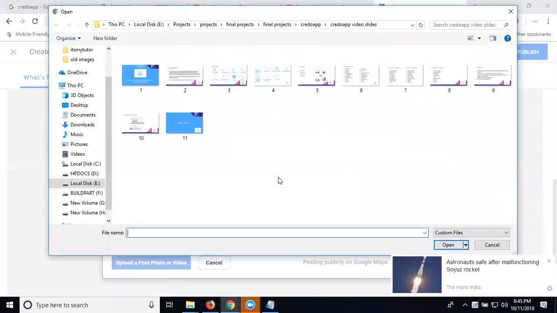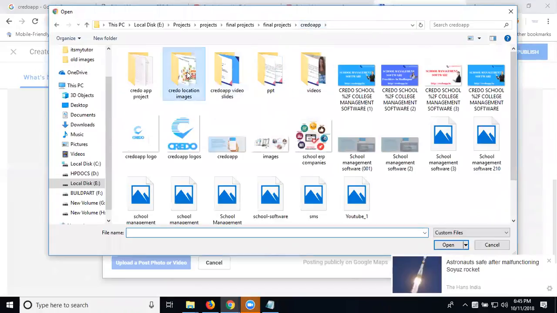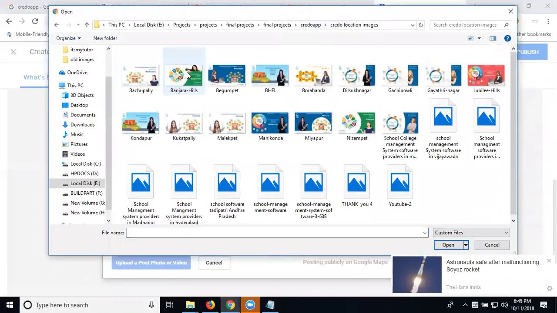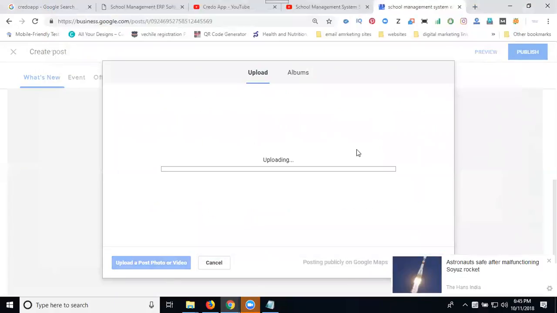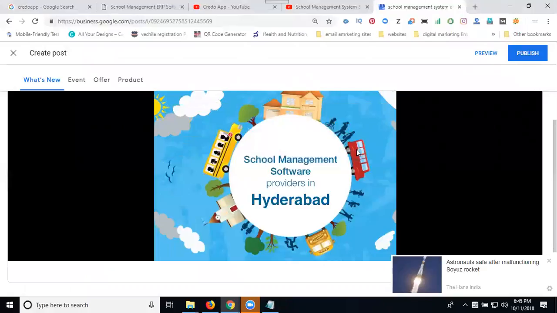The first option is photograph. Select your photograph. Add your photograph here. In this one, select Hyderabad. Select it. Photograph selected here.